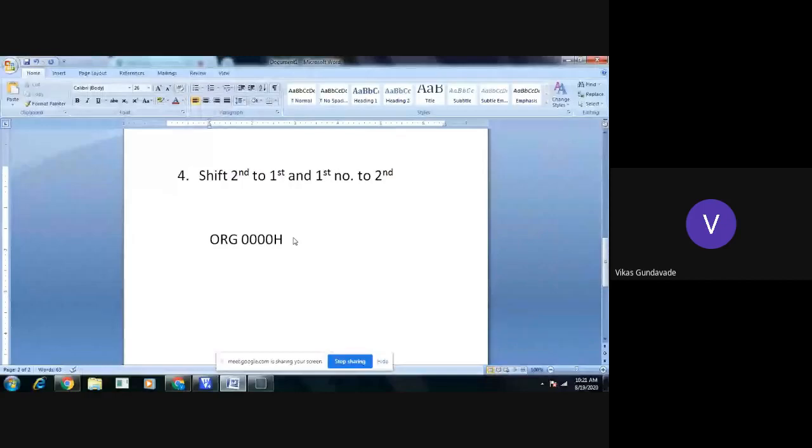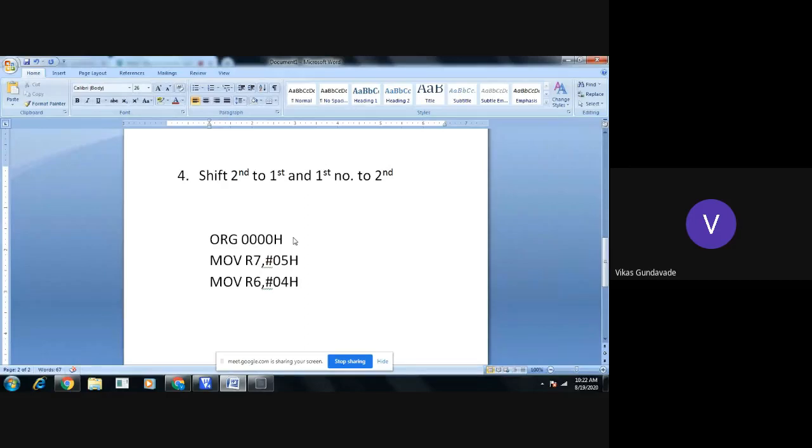So here I'm transferring the content #05h into R7 to set as a counter, and again R6 with the count 04, where 04 is the counter for comparisons. So these two counters we have set.